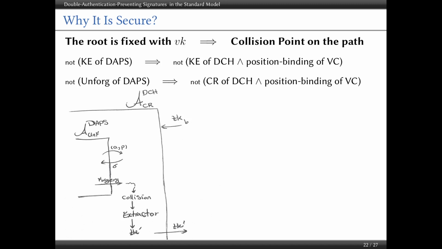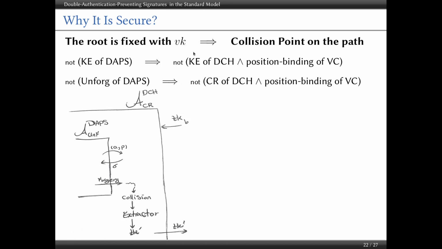All is because the value in the root is fixed as the verification key, and also the way that we generated the verification key. Now we are sure that when you try to sign a message, definitely there would be a collision point on the path. And even if this is the first message that you're signing, there would be a collision in one of the children of the root, because of the way that we generated the verification key. We already have visited this node,